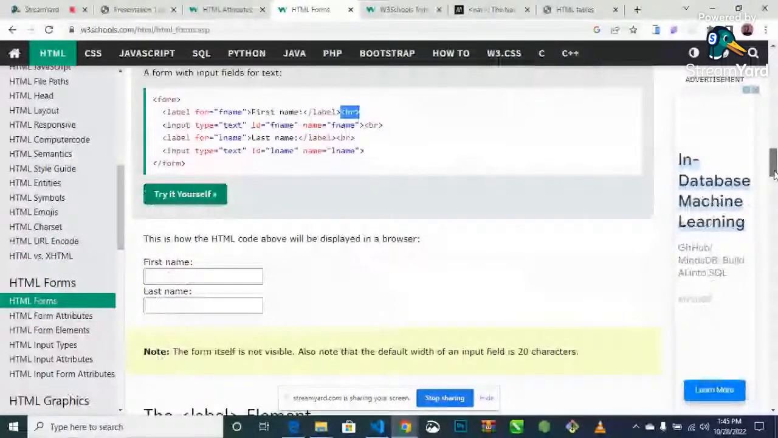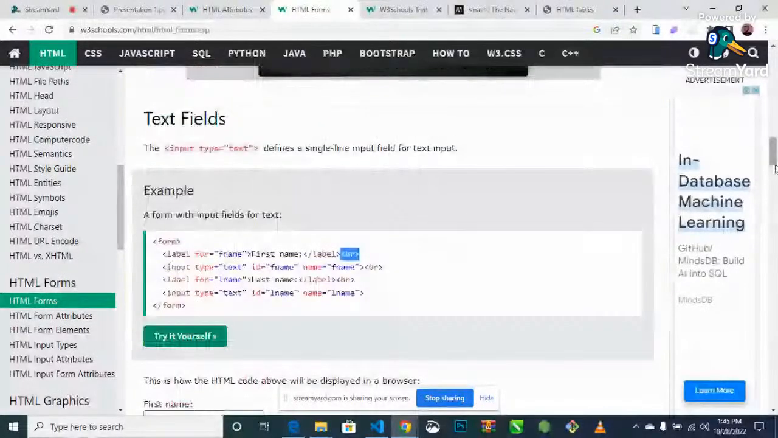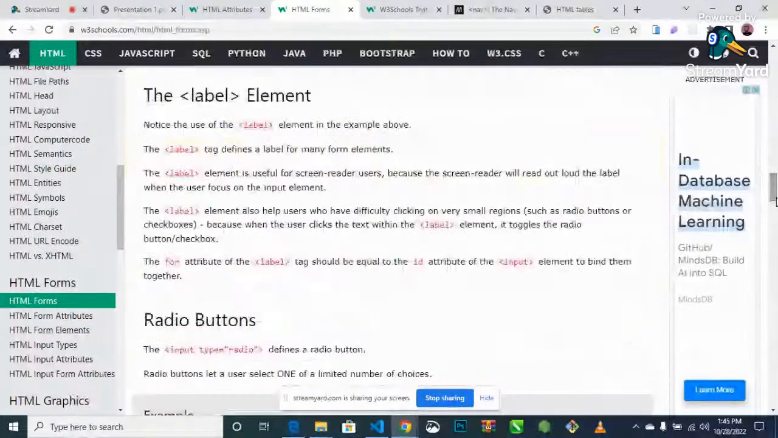So we have the label element. This is to buttress the label tag we used here. Notice the use of the label element in the example above. The label tag defines a label for many form elements. The label element is used